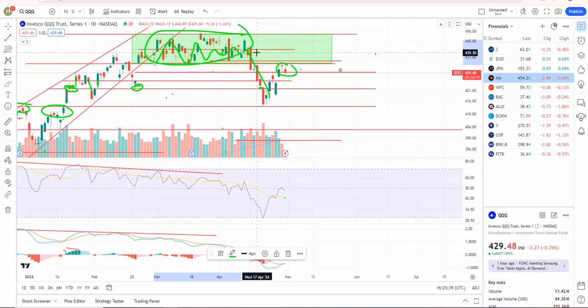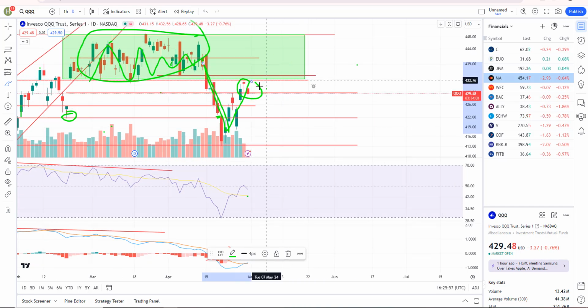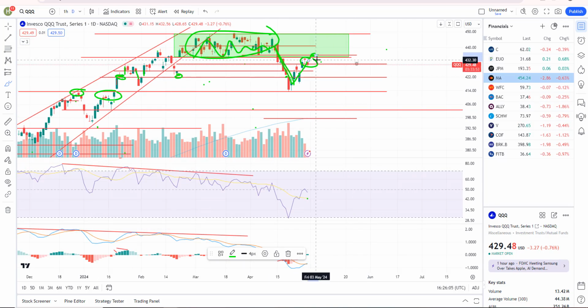And just like in triple Qs, I was talking about this looking like a distribution top. We had negative divergence. I talked about that. This lasted for almost 6 weeks. So if I talk about something for 6 weeks, it doesn't mean it's wrong, just means it takes time to play out. And then boom, first drop down, dip buyers step in, hit resistance. I didn't think it was going to hit this far, and I could see it chopping around in this area a little bit more. Maybe it wants to go up there and run some stops, fake some people out. That's completely possible.